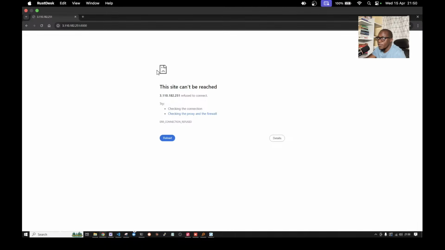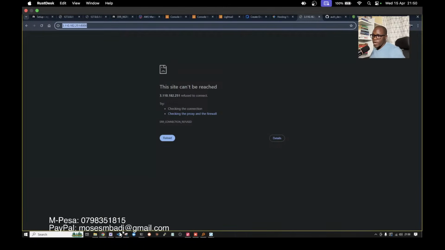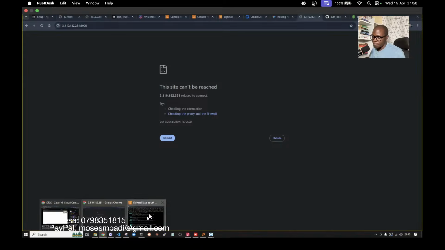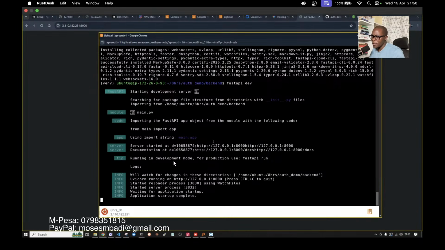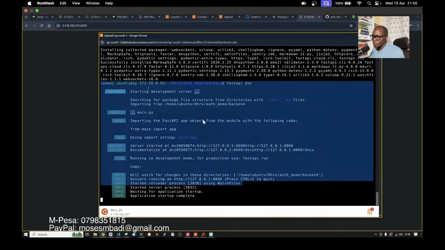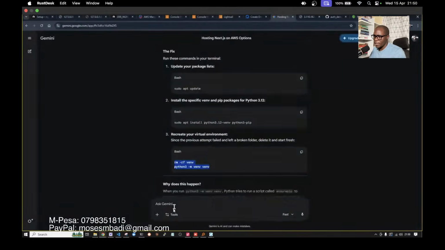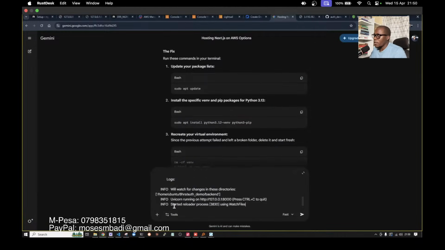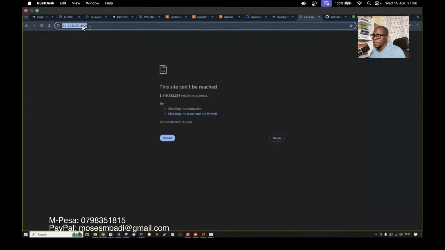What is happening? To troubleshoot that, we can find out why it's displaying these three right here. So I can just copy this, I can copy it up to this point. All right, and I'll go to Gemini. I'll say my first API has these logs, but if I access it